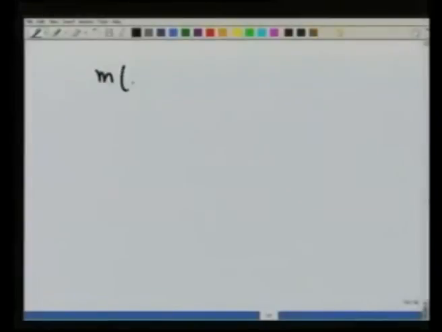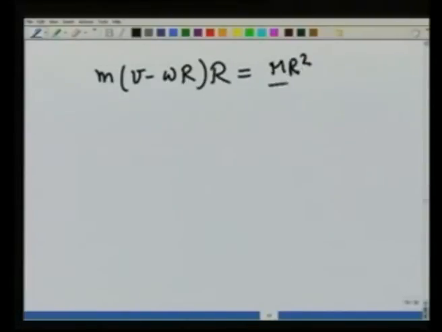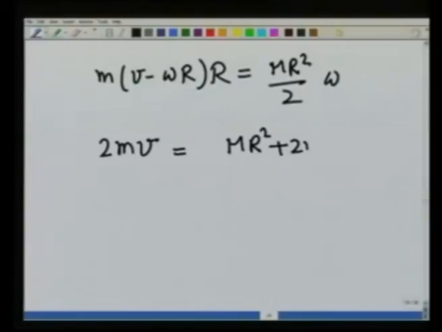Therefore, m (v minus omega R) R should be equal to M R square by 2 omega, which gives me 2 m v is equal to M R square plus 2 m R square